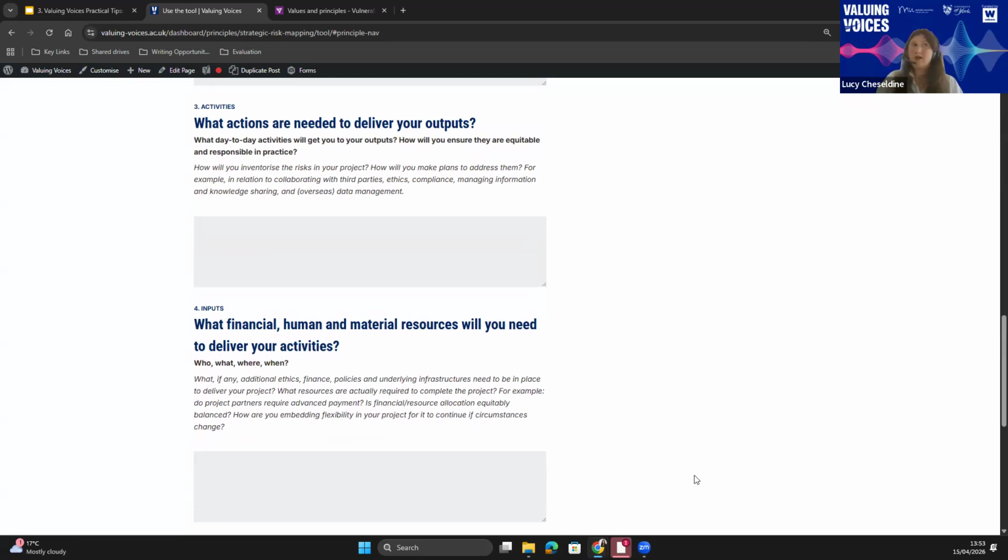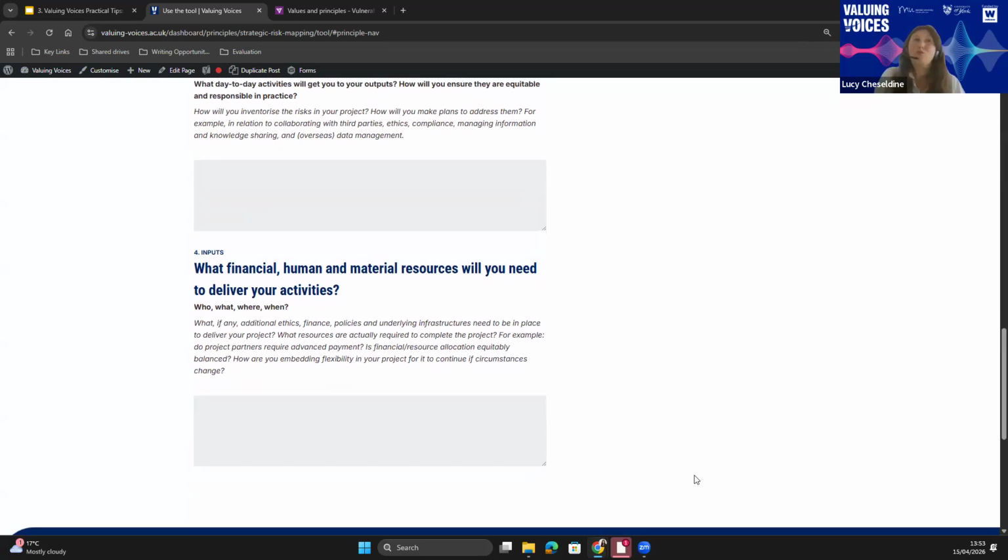And as we talked about in what we've heard today already, the kind of resources you need to manage risk, and you do need to set money aside for this. You do need to have identified what those risks are in order to understand how to resource them. So the tool takes you through ways to think about how you'd implement this in a project. And I'll hand over to Karen now to talk about that in a little bit more detail.